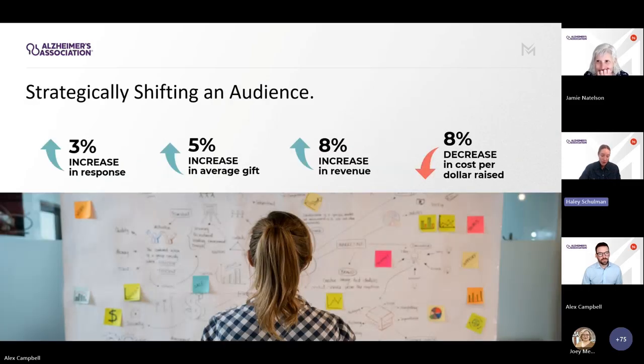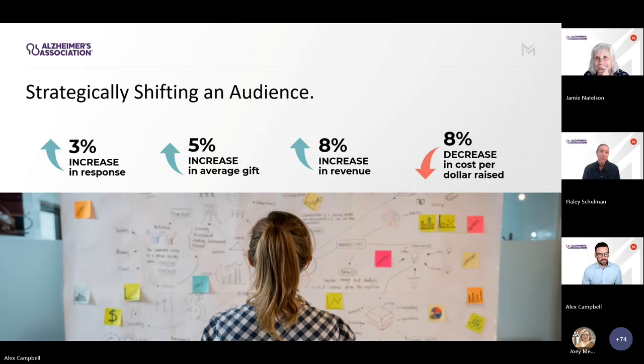With this, we saw a modest increase in gift size and response, but it still led to a meaningful 8% revenue boost and reduction in cost per dollar raised. And these are incremental gains that just compound year after year. And again, this was a portion of the audience that was considered locked into premium dependency. And using the model, we were able to show that that is actually not the case, and they can give